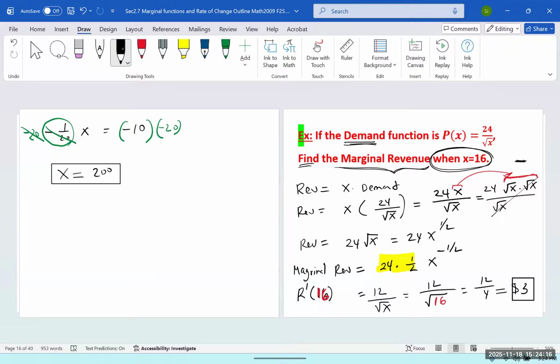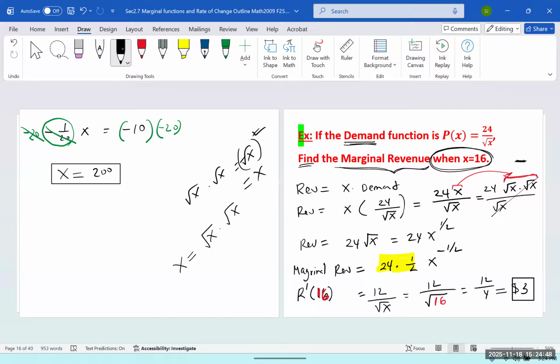Yeah? Square root of x times square root of x is square root of x squared, right? The square root and square cancel out, you get x. In other words, you can split x into two pieces, square root of x times square root of x. Why do we care? Because we can cancel the denominator, then we don't have to use the quotient rule.